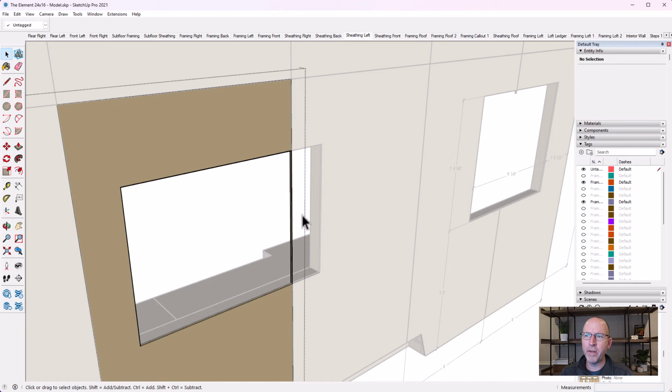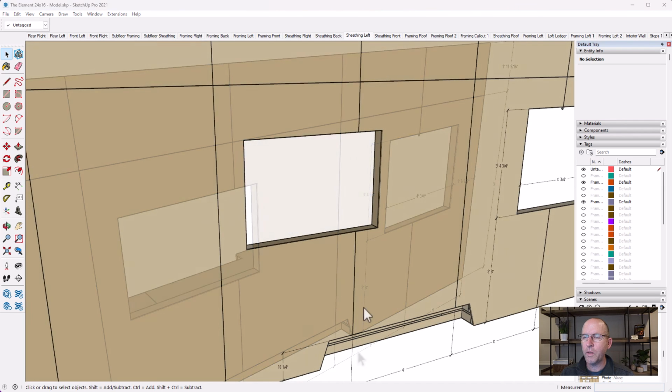Now, if I highlight it from the top left down, the only thing that gets selected is if the entire thing is being selected. And that's kind of neat. If you have an object in the middle of a bunch of other objects and you want to delete it, then you can go from the top left to the bottom right, and only the object that you've fully encompassed with your box will get selected. Whereas if you're doing it from the bottom right up, anything that's in that box, regardless of whether it's entirely in the box or just a portion of it, gets selected. So I could do that, but I just like making a smaller box and knowing that I didn't get anything else. Hit delete,